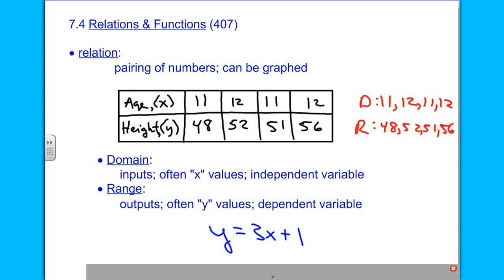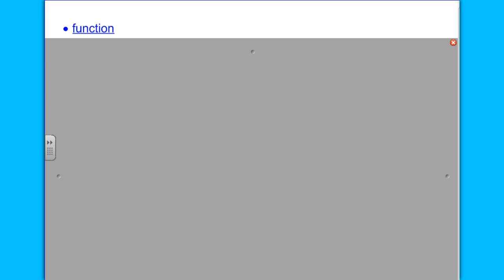Say it loud. 16. Once you plug a 5 in there, the partner number must be 16 because that's a function. You see? 16 depended on 5. She chose 5, so we got this dependent 16. Okay? So y depends on what you plug in for x. So a function.